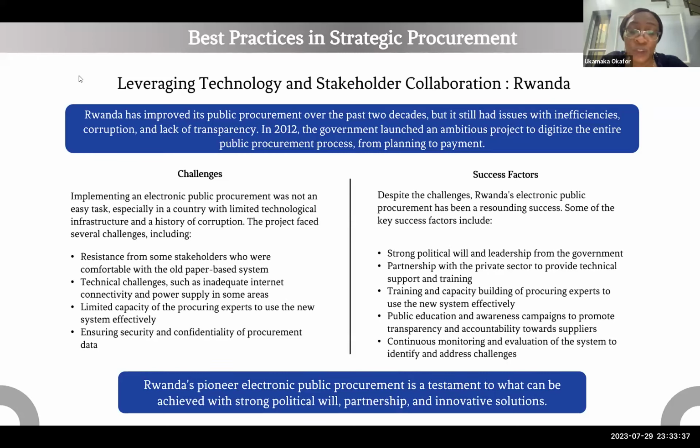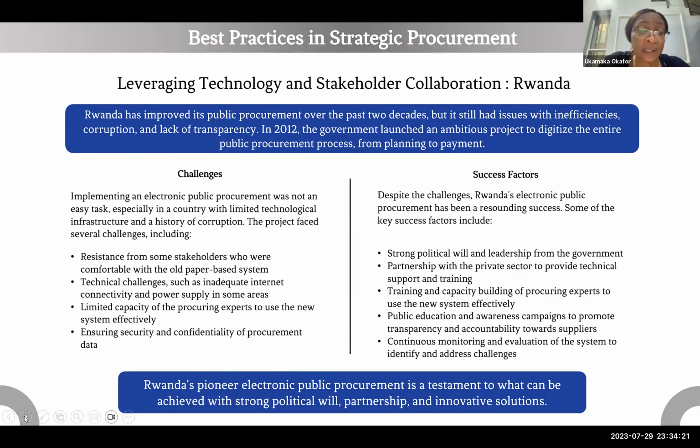So they were not only teaching themselves and building their capacity, they were also training others to ensure the policy of transparency and accountability towards suppliers. Those that want to supply, those vendors, also know that they need to be accountable and transparent, and the public has been taught to observe that. There was also continuous monitoring and evaluation of the system to identify and address challenges. So Rwanda's pioneering electronic public procurement is a testament to what can be achieved with strong political will, partnership, and